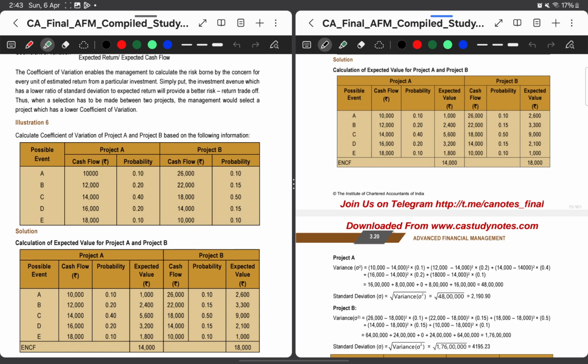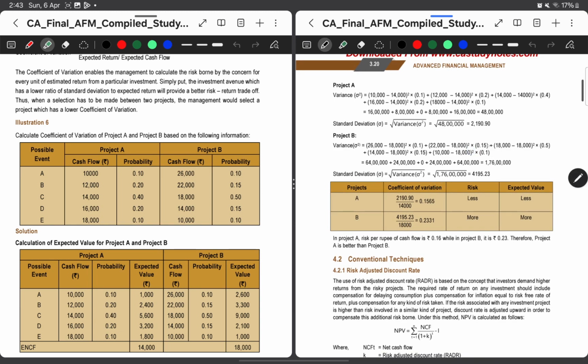So first we have to calculate the variance, then the standard deviation, then the coefficient of variation, which is a measure to find out which of the two projects or units is the riskier one. So going directly into the question,